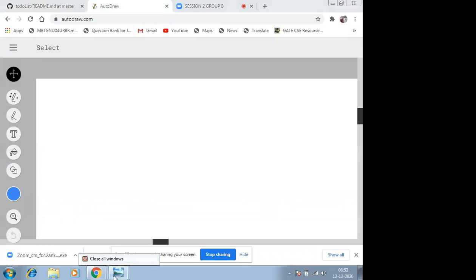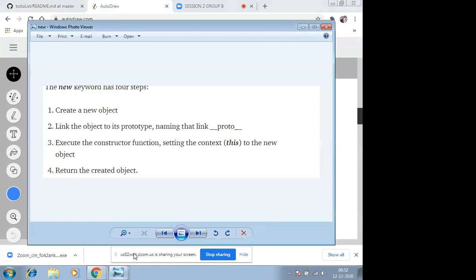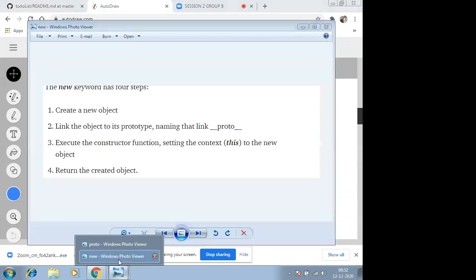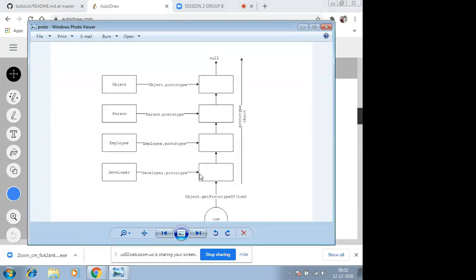Okay, guys. First, let's use this diagram to understand how inheritance is done using prototypes. If you see this prototype chain, suppose there is a function that I want to check whether it exists or not.